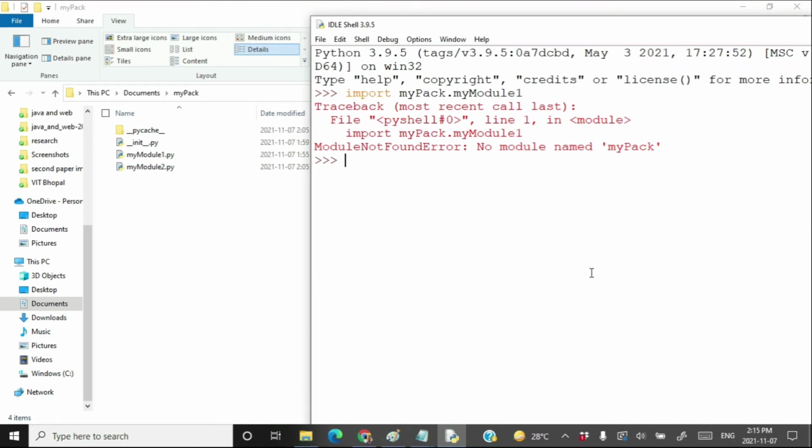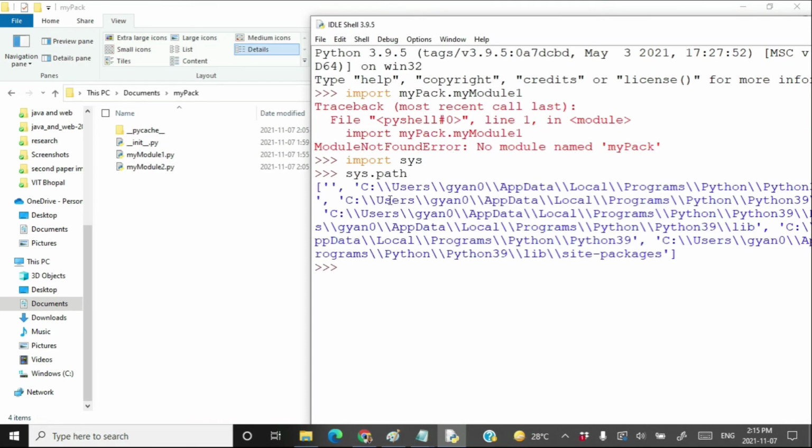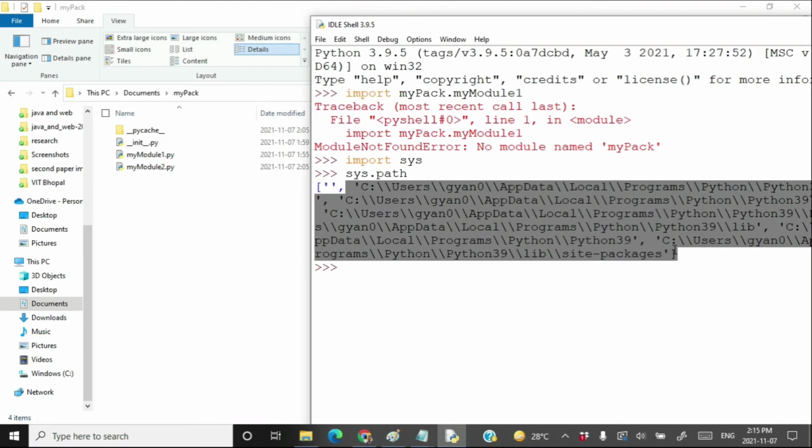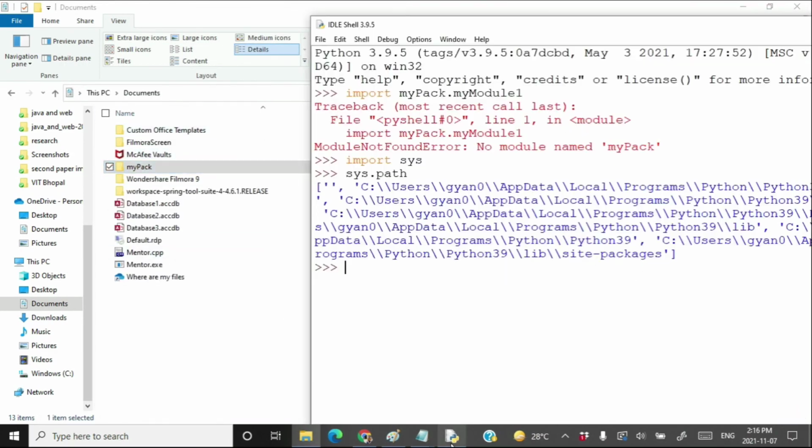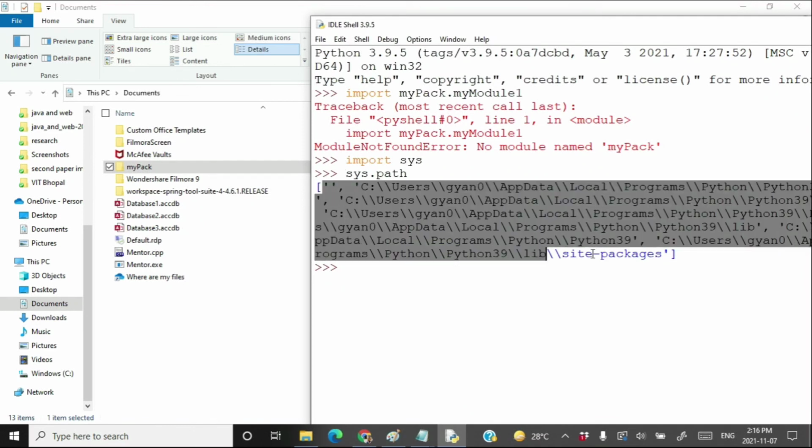Now, as you know, if I import sys and write here sys.path, you know that Python is searching only in these directories. So how can I include this documents directory in this list of directories?